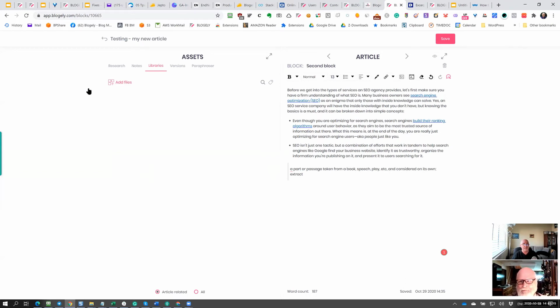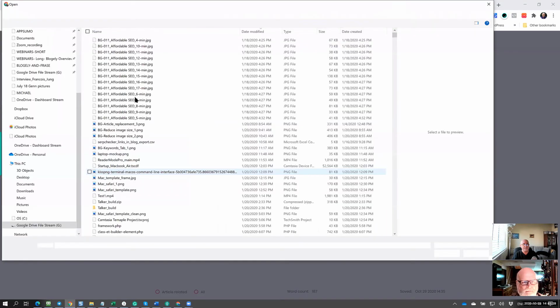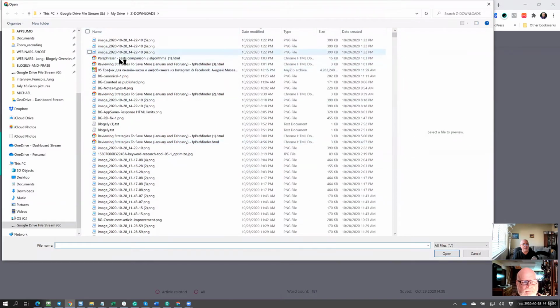So in this case, we have this add files here. When you click here, you can upload your images. Just simply select what you want. Let's select some of them. So I'm just going through my stuff. I can actually take some of the images that I have here.